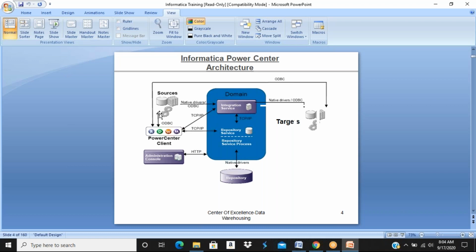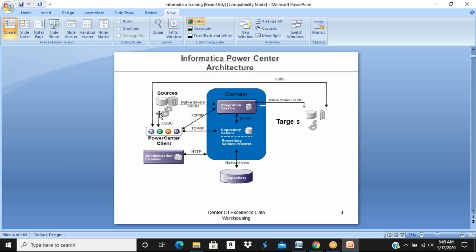How are you going to connect Informatica with, let us assume, an Oracle database source? You need to create an ODBC connection, Open Database Connectivity. You need to create a source ODBC connection with access to the source system. From that system, you can import the source table structure. You won't be getting any data at this point of time. You'll be getting the table structures.